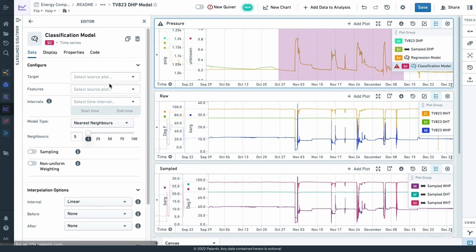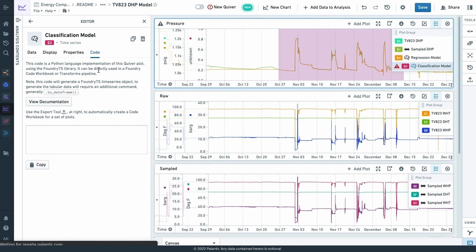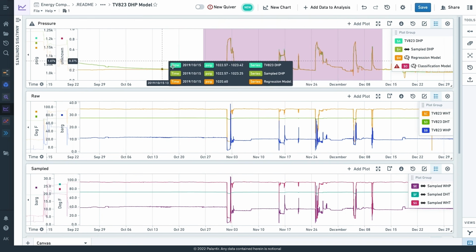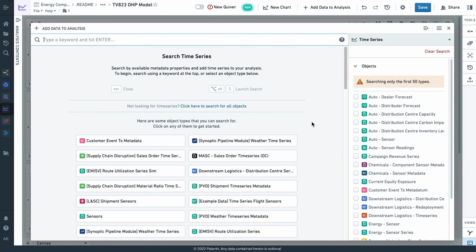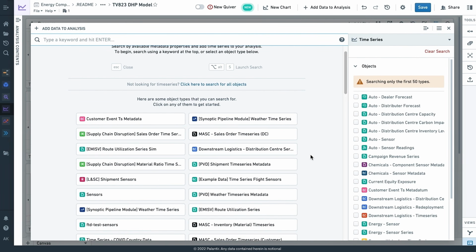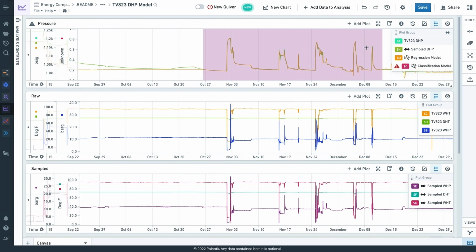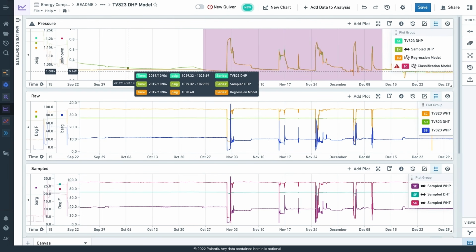And maybe I tinker with that here as somebody who's an engineer, and then I want to be able to collaborate with somebody who's a data scientist on my team, and so I can export my first approximation to Python code, with full library semantics for interacting with this time series data in Python as well. And again, the power here is it looks pretty technical, looks pretty custom, but at the end of the day, I'm just interacting with those objects in my ontology like we saw before, so I can just browse for more objects and plop them onto these plots to be able to use them. So another view into that ontology that we built that can be surfaced by another type of user.